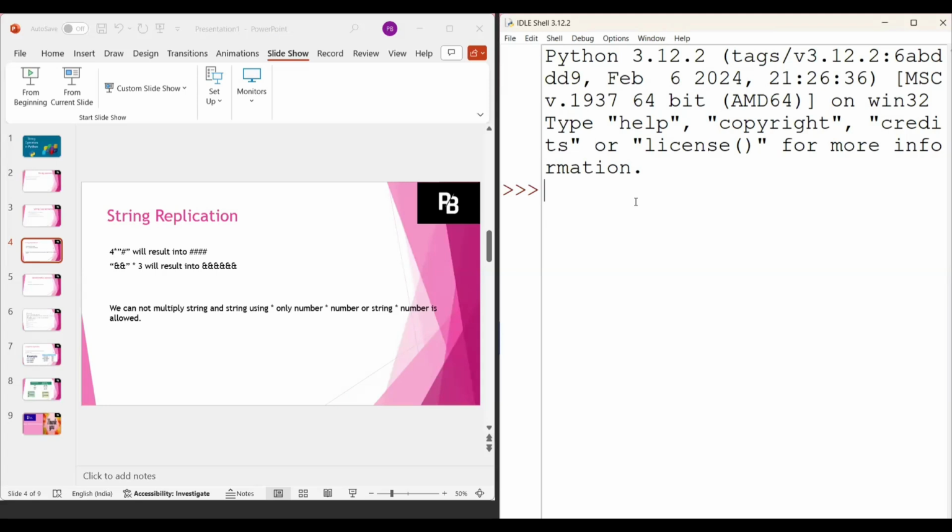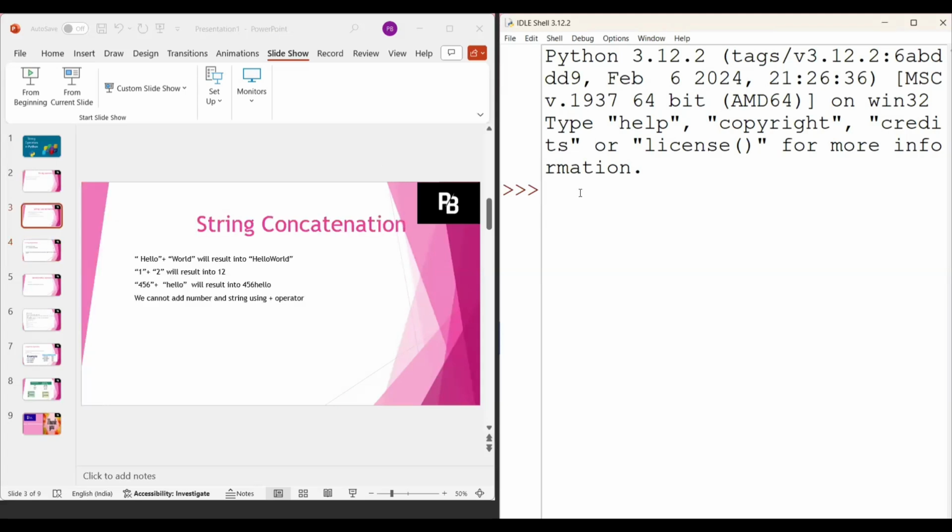Let's see some examples of string concatenation. If I write hello plus world, this is normally helloworld. If I write 123 plus 456 as strings, then it is 123456, because it is joining of two strings. The plus operator is a concatenation operator and it is used for joining two strings.